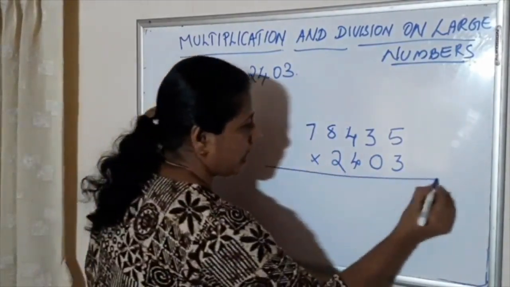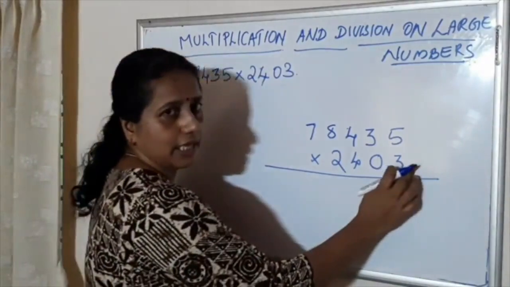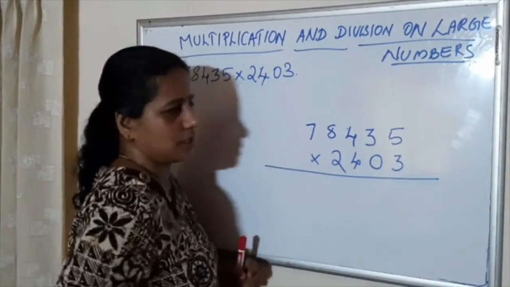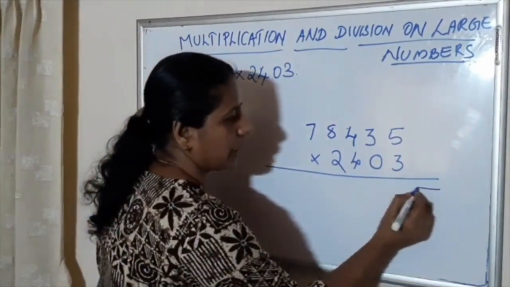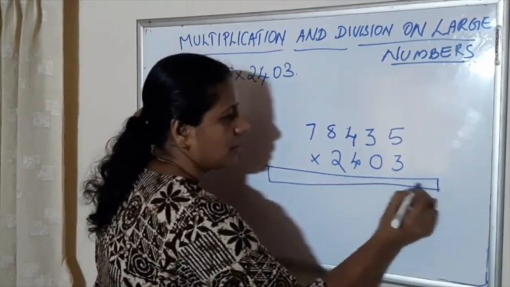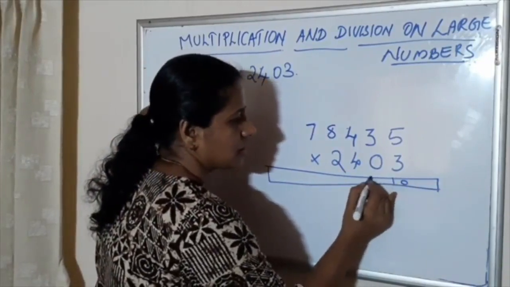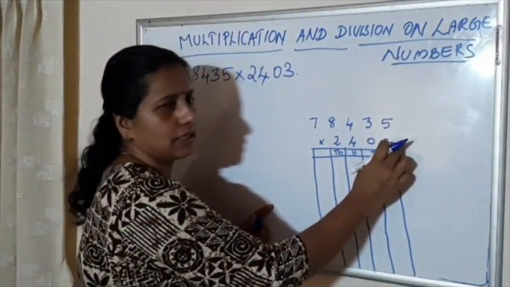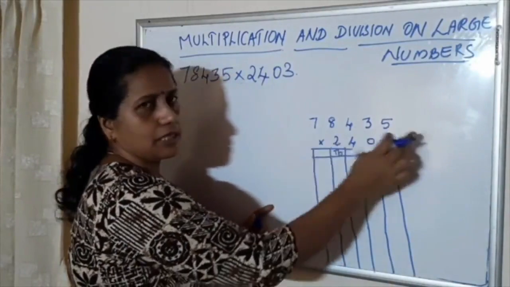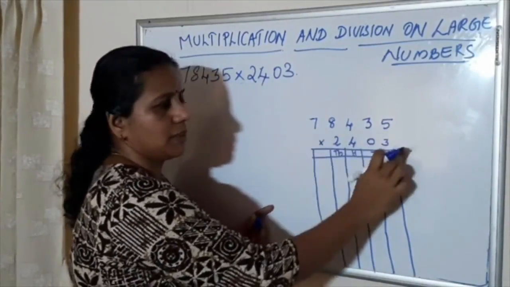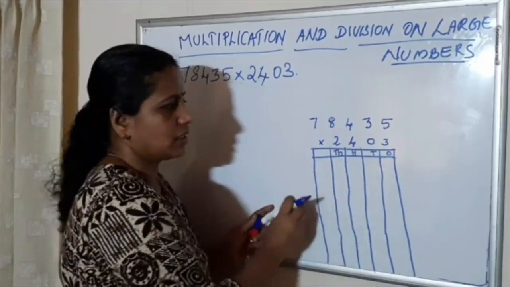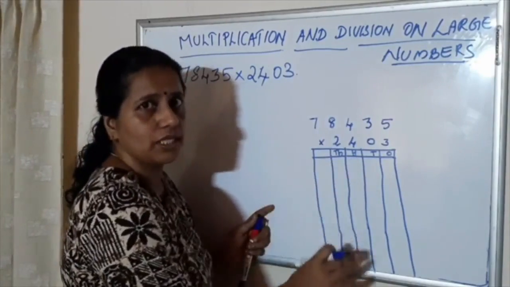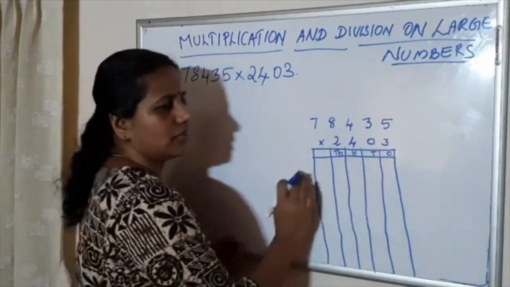Okay. Next, take the ones place and multiply ones place with all these numbers. Okay. Before that I am drawing a place value table here. So first you take number 3, that is in ones place, multiply all the numbers by 3. No need to draw this. This is only for giving an idea how to do this all using this place value. Okay.